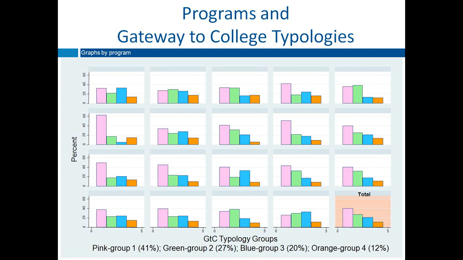But you can see if you glance across here, for some of our programs, they have a really different distribution of the groups. So we've got a program that has almost 60% in group 1 and pretty even distributions of the other 3 groups. And which one is that? Oh, this one here. Right here.